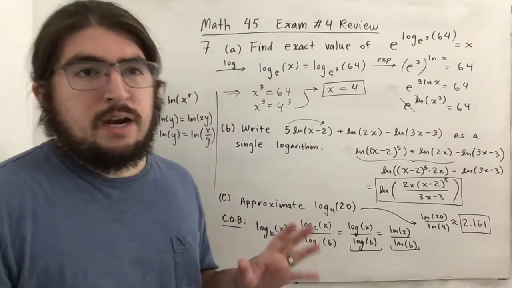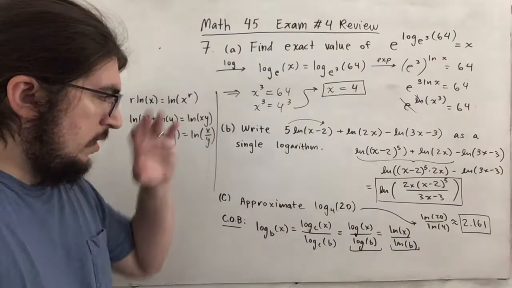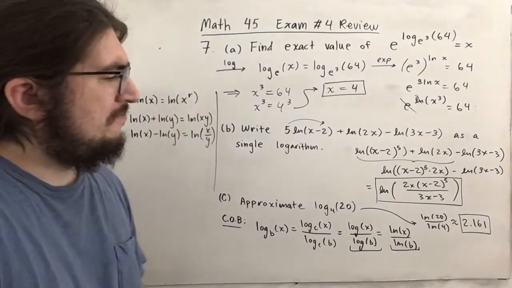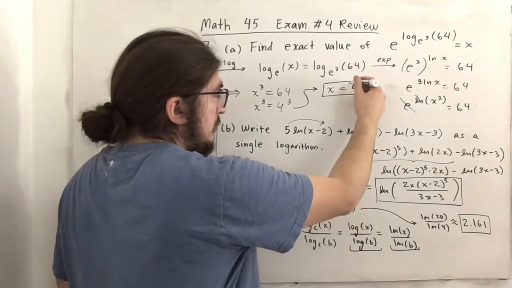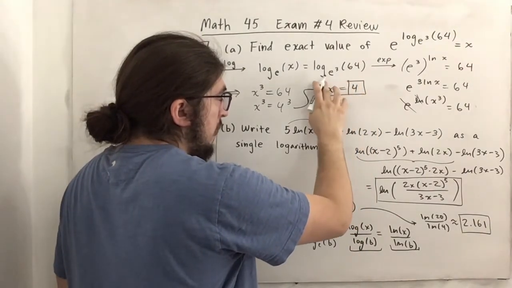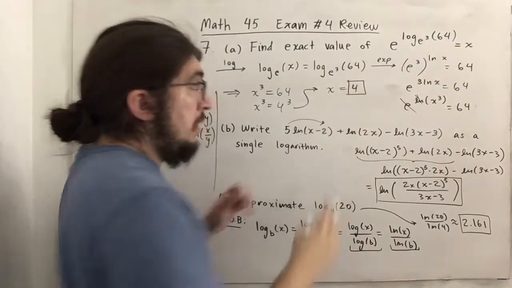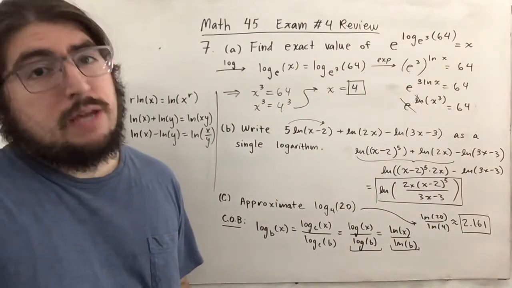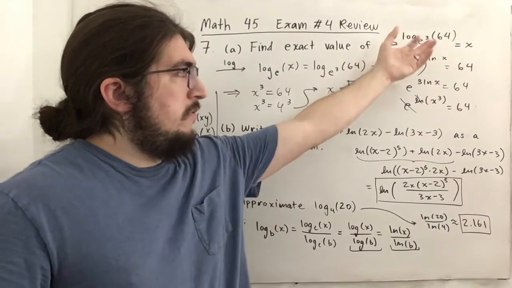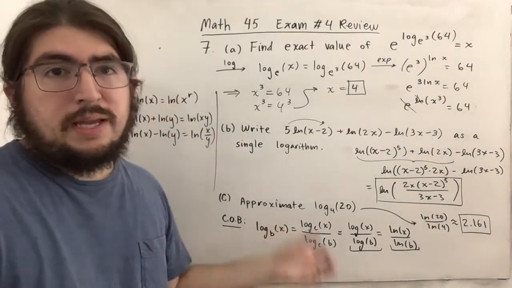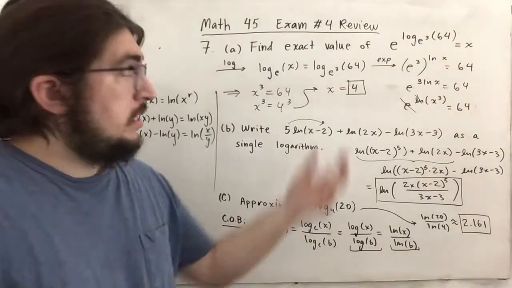Right, so before moving on, I looked back at this and I realized something. So for A, I wrote x equals 4, but x was something we came up with. So the actual answer is not x equals 4, but just 4. So what we're saying is that this expression is equal to 4. And you can verify that with the calculator, provided you type it in correctly, of course. Notice that for the exponent, you may need to use change of base. And in fact, that's another way of doing it,